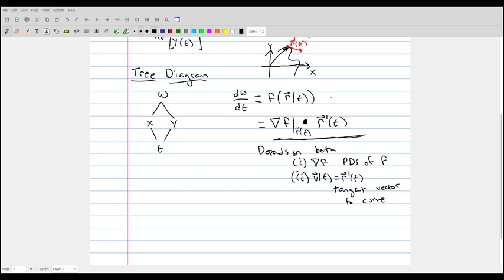If you're moving at a rate of 10 meters per second through a temperature field, you expect to feel a higher rate of change than someone who's moving 1 meter per second through that same temperature field. But for the directional derivative, what we want to do is remove this path dependency from